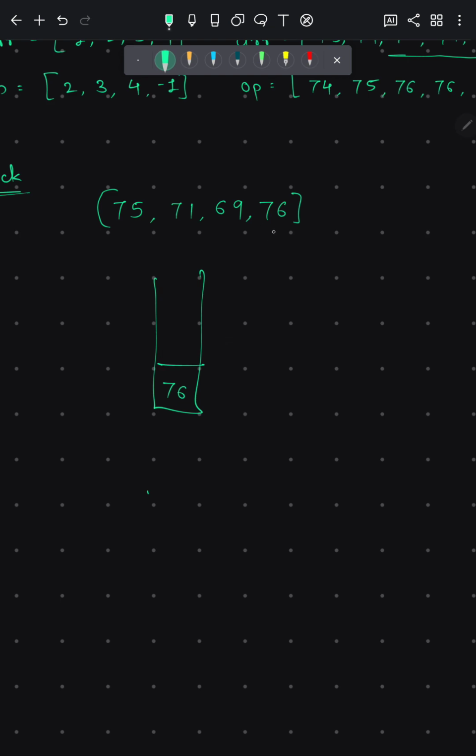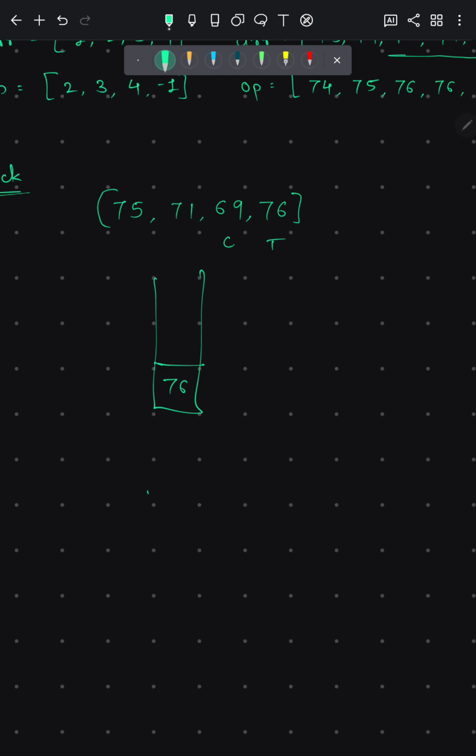The first element goes here, then the second element. If there is no element, we will just append. Now the top of the stack would be 76, and this would be the current element.